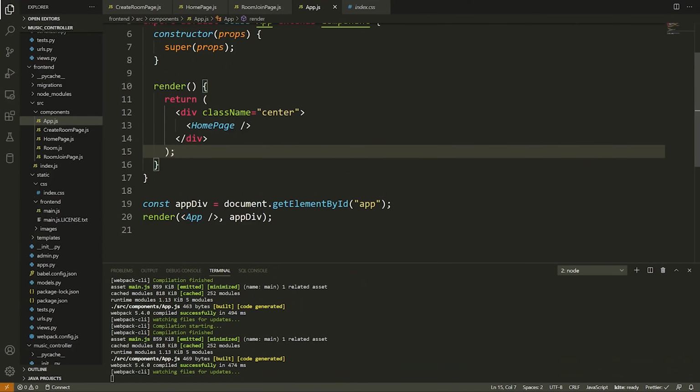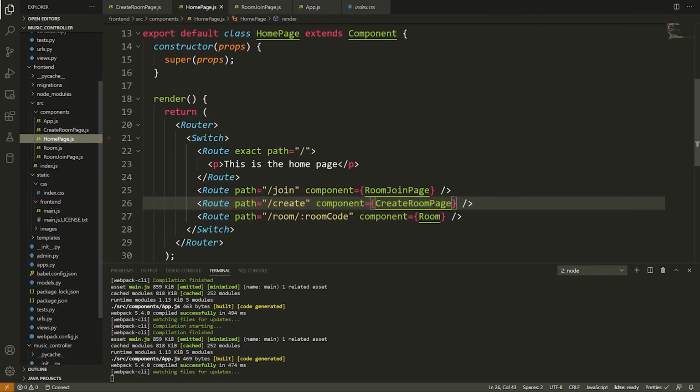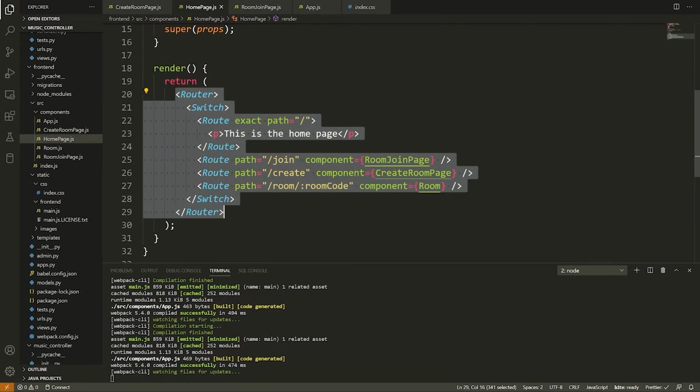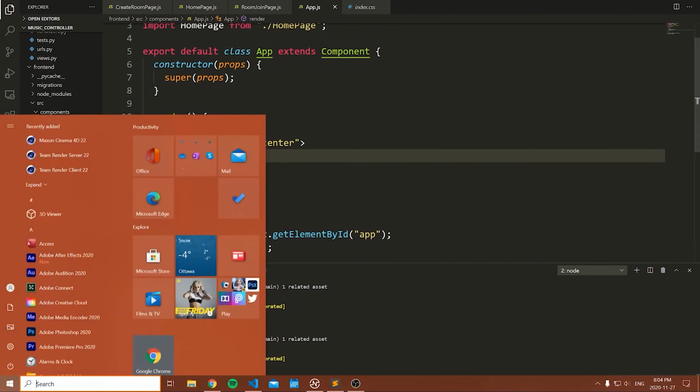Now notice that since this is in app.js, this is going to center literally everything for our website. So if we didn't want that, and say there were some pages that were fancy and for some reason we didn't want them to be centered, then we would just have to move this div further into whatever component we actually wanted to be centered. So if I went to, say, homepage, maybe I would wrap the router instead of wrapping this homepage right here. That might make more sense. But for our application, it's totally fine. We just want everything to be centered. So I'll go ahead and do that.